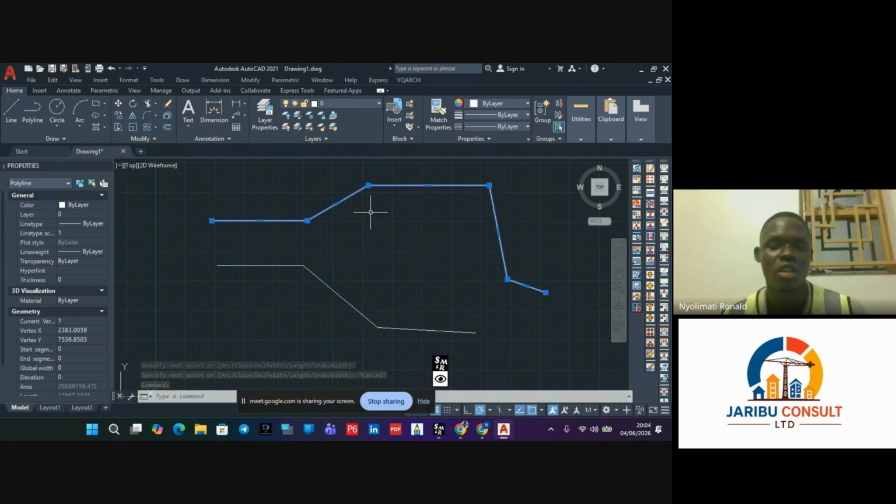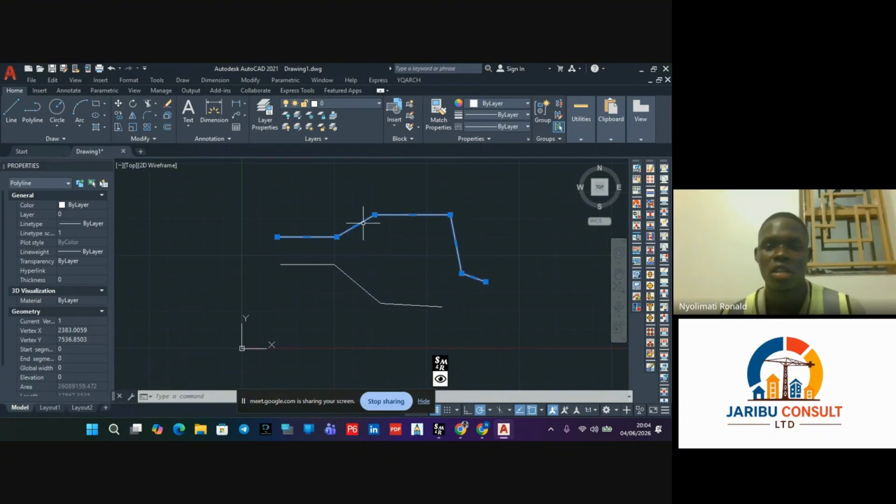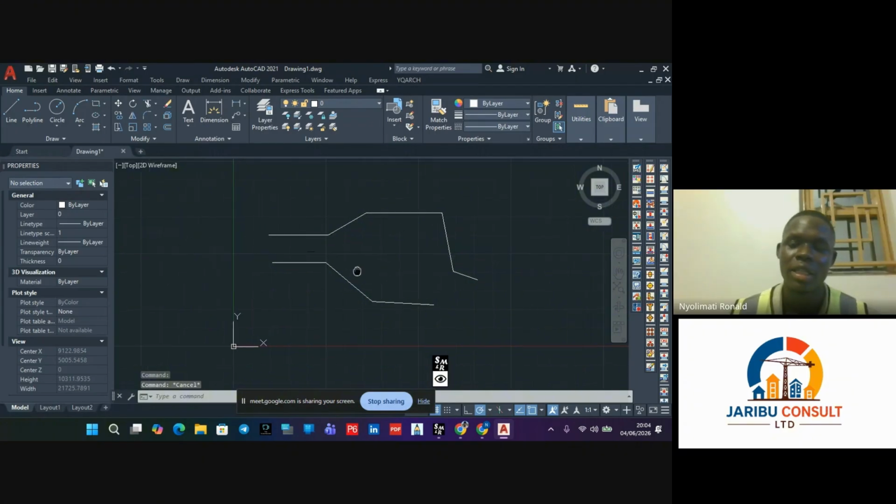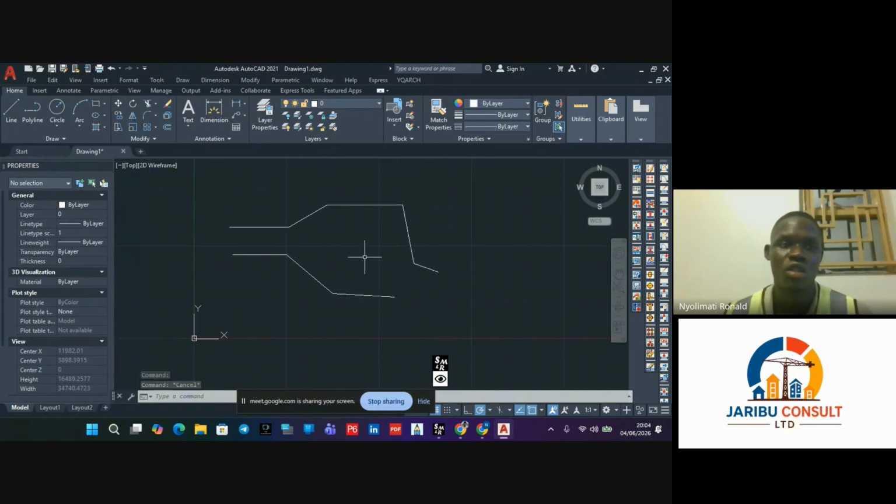It draws a continuous line. So it's upon you to draw a line which is segmented or continuous. Okay? Yes. Then secondly, I talked of